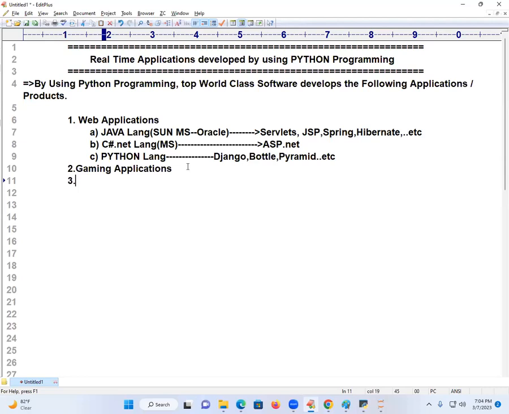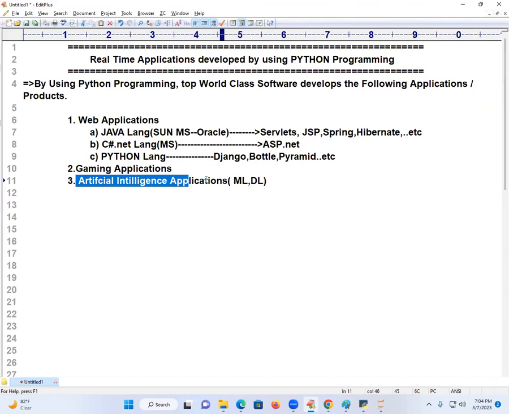Next, the third application I am writing: artificial intelligence applications. As of today, Python is becoming more famous because of this subject only. In this, you are going to get machine learning, ML. It is the highest paid job as of today. It's the next trending language, the next trending application. Deep learning, these are called what? The various ways we are using ML and DL. Artificial intelligence applications use these things inside.